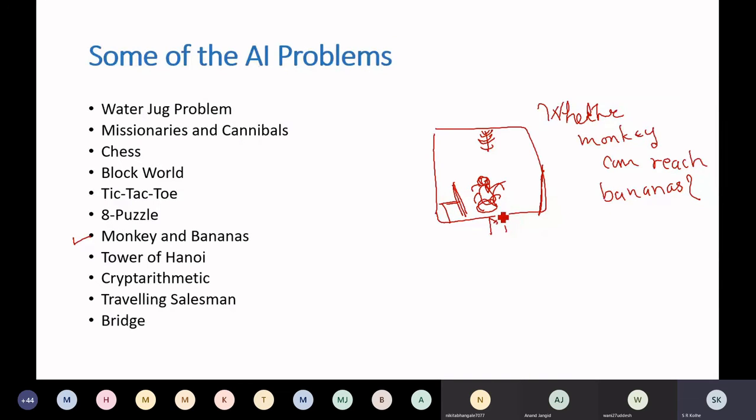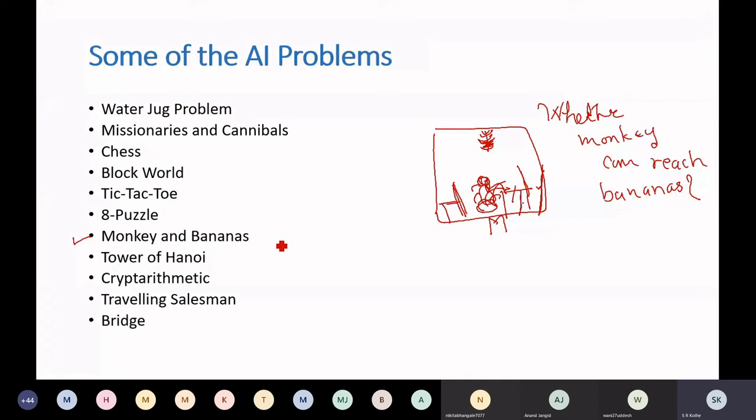So if you say yes, so when a monkey will be able to reach the banana, certain preconditions have to be satisfied, like the monkey should be hungry and the monkey should be intelligent enough in such a way that the monkey will pull this chair below these bananas, and then the monkey will climb this chair, take this stick and try to reach the banana. It will shake this, and in that way the monkey will be able to reach the banana, and the answer will be yes if you are able to arrange in this particular fashion. So knowledge representation is the central part in this problem. This is the monkey bananas problem.